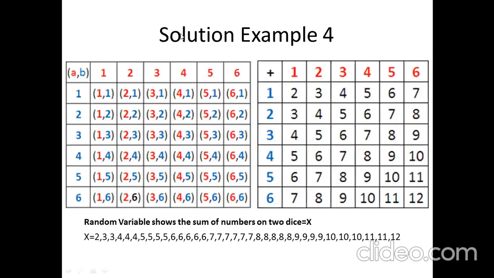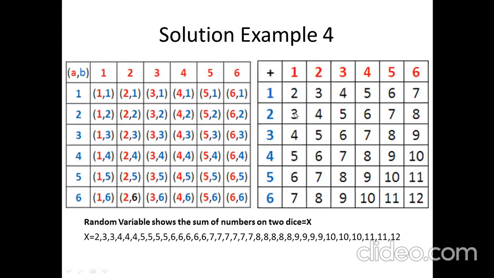Here we have shown a simple table to give the idea, and the table is quite self-understandable. When the two dice are rolled, we can have these outcomes, and when we sum them, we get the results like 2, 3, 4, 5, 6, 7, 8, 9, 10, 11, 12. So if we just sum these outcomes, we will get this resultant random variable. What is the minimum value of this data set? It is 2, and the max value is 12.